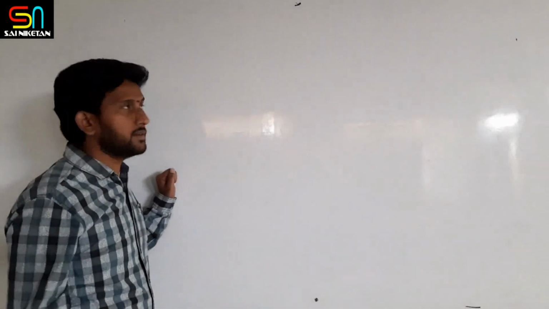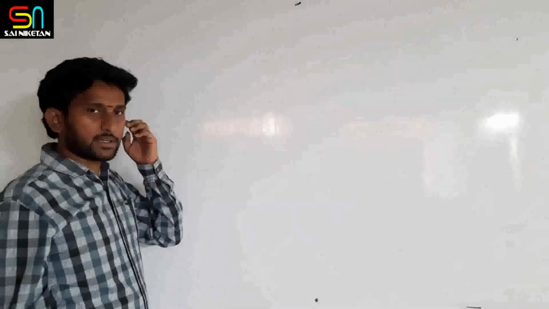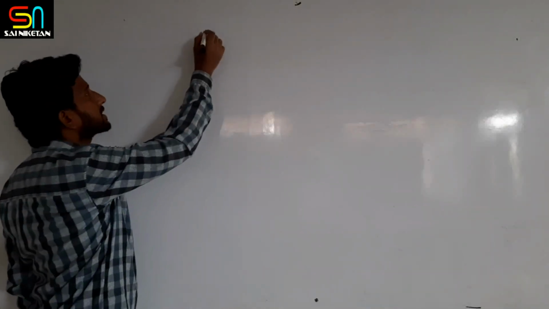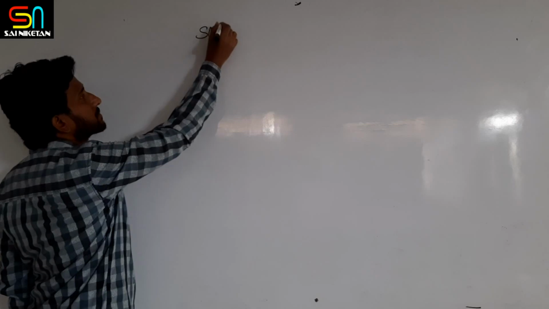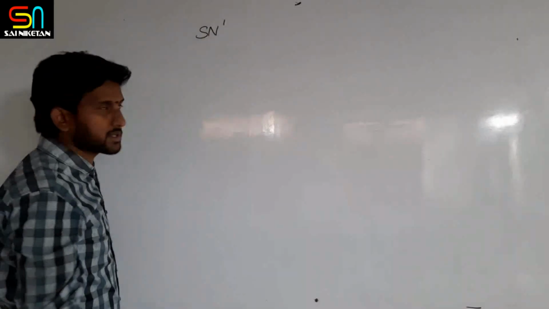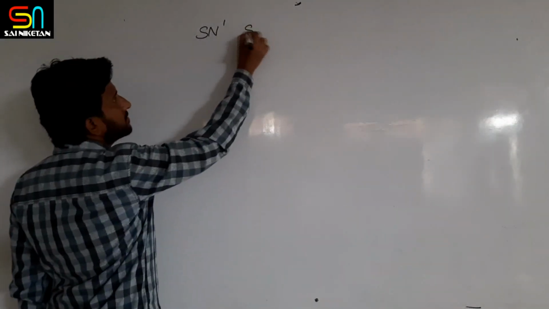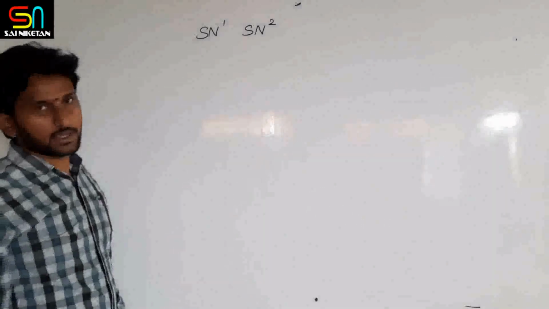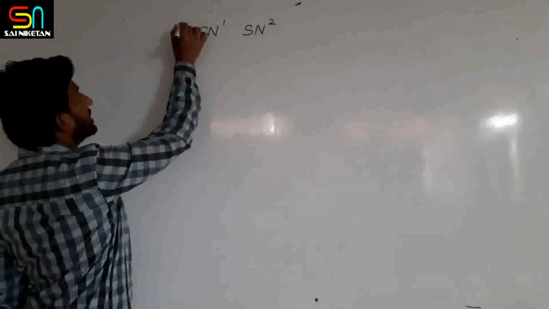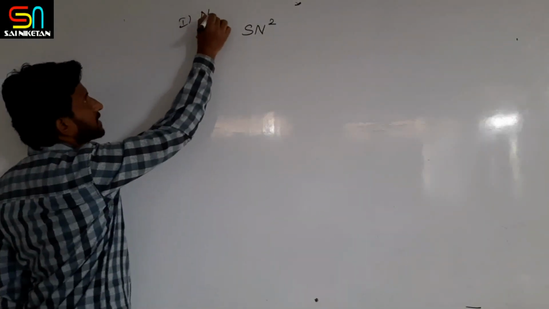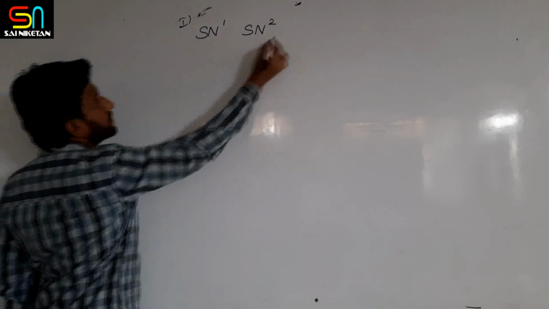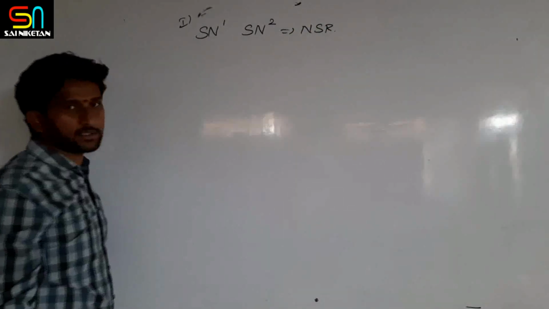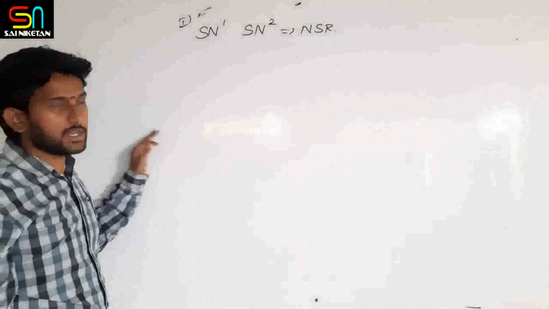We have done with nucleophilic substitution reactions. In that, two types we have studied. What are those? Unimolecular nucleophilic substitution reactions and bimolecular substitution reactions, right? Now this comes under nucleophilic substitution reactions. That is the first type of reactions of alkyl halides, right?